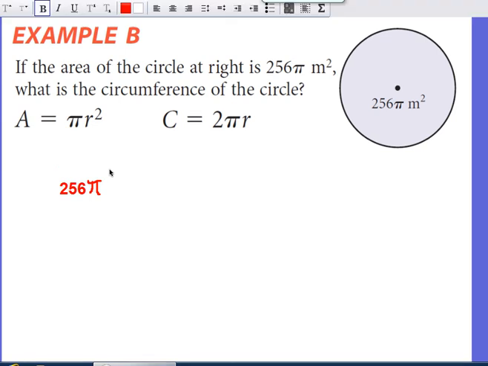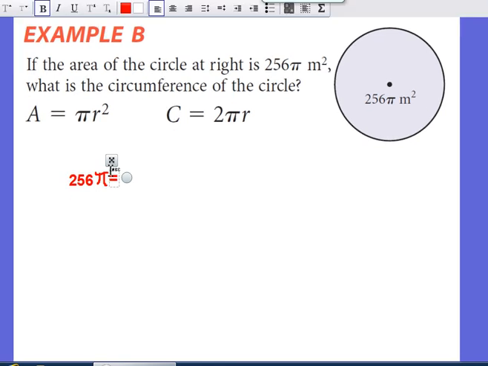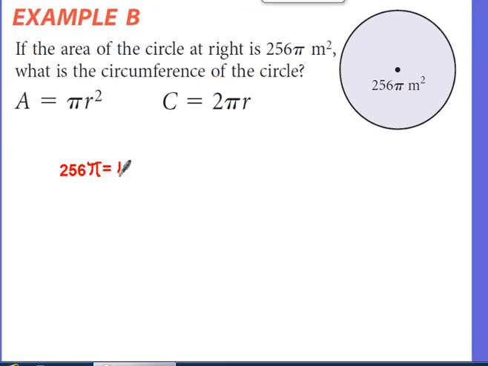And that equals pi, so I gotta draw it again, pi r squared. And they want you to solve for r. So we have to divide by pi, because we have to solve for r because they want the circumference, and the equation is 2 pi r for circumference. And we get 256